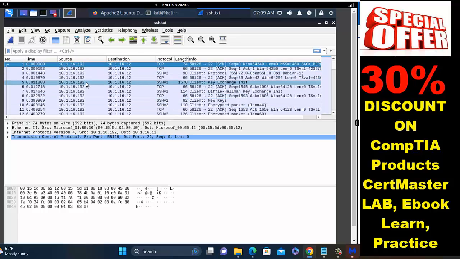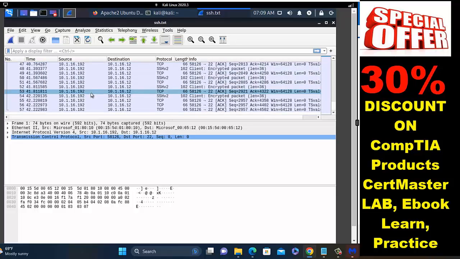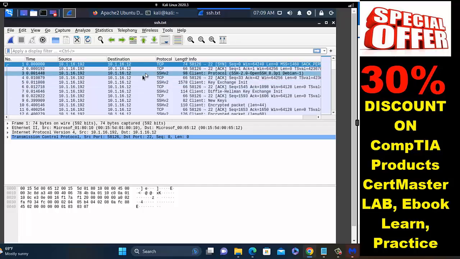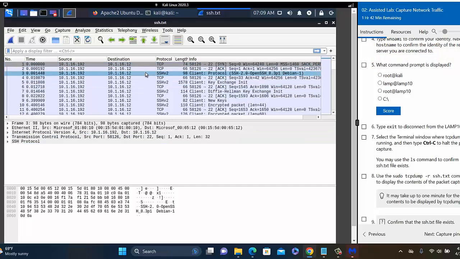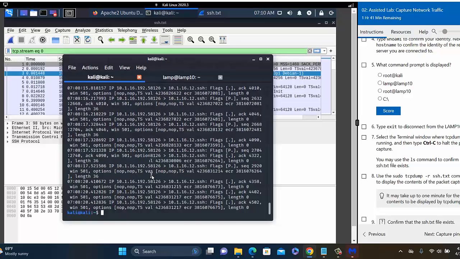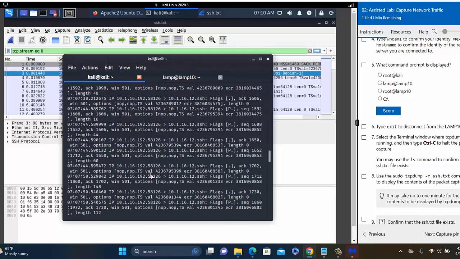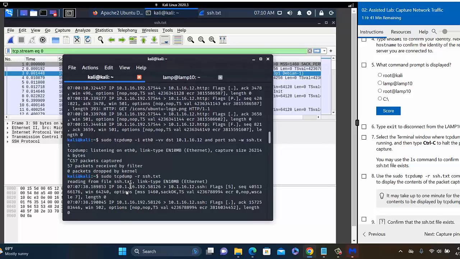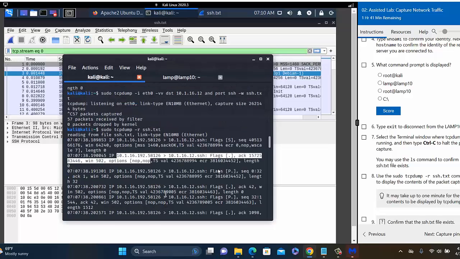So what you can see is the communication, the key exchange, and you entered the username and password, but it will not be displayed. The reason is that we can only check the source IP address and the destination IP address. You can check here the source IP address and the destination IP address, using the flags, the acknowledgement flag, and the sequence number.